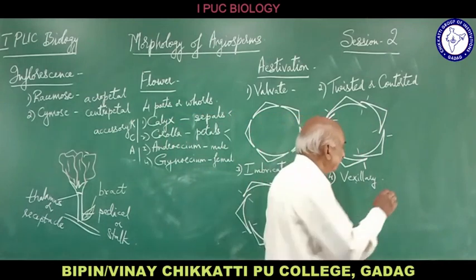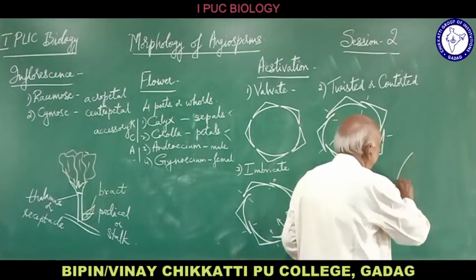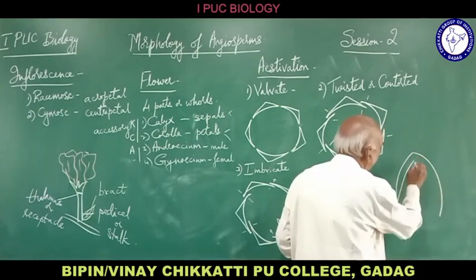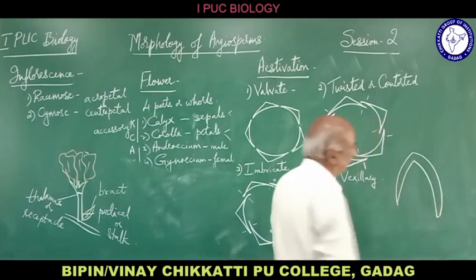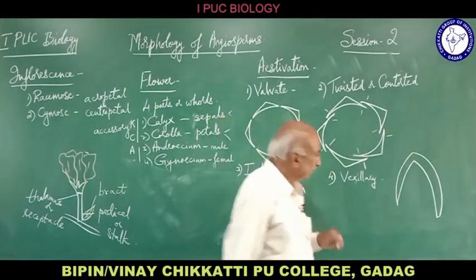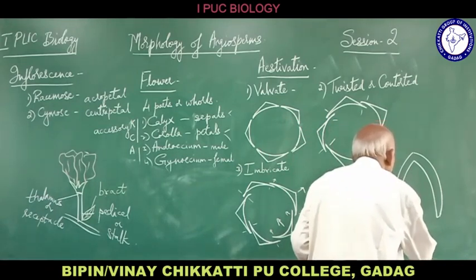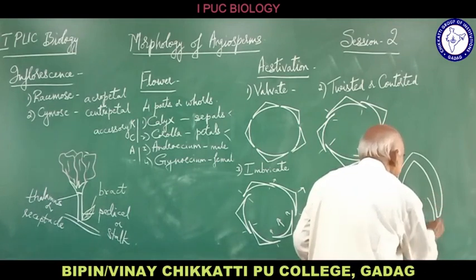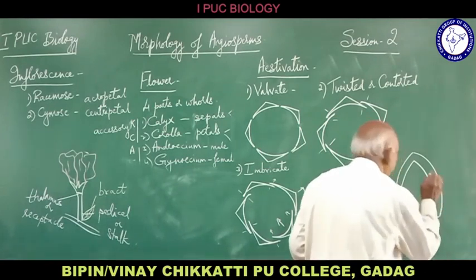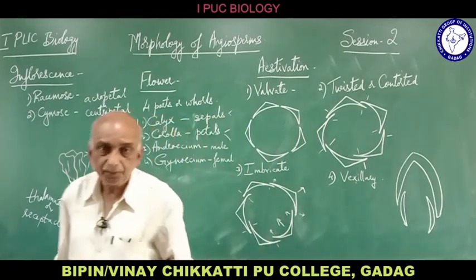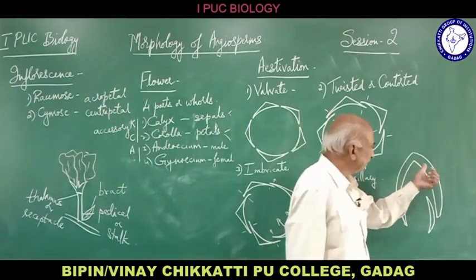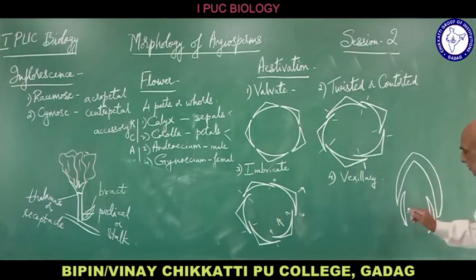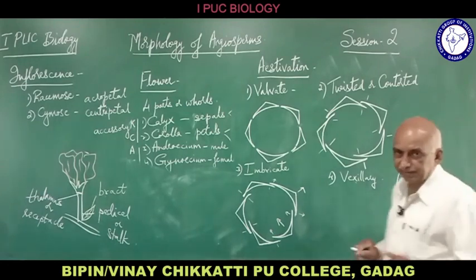So here there is a large petal which is called the vexillum petal. This petal overlaps a pair of wing petals like this. Now these 2 petals are of medium size. So the largest petal is the vexillum, or the standard petal it is also called. This is called the standard petal or the vexillum, which overlaps a pair of wing petals.